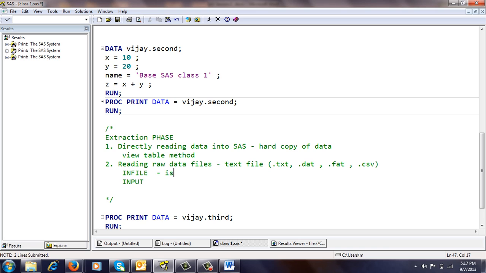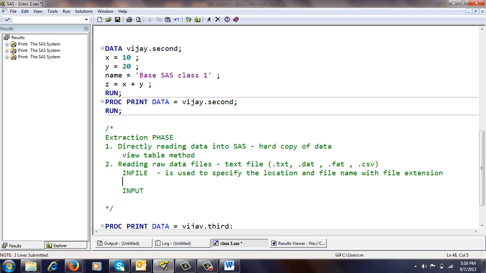Infile is used to specify the location and file name with file extension. This is just to give the information about the files which you want to read.